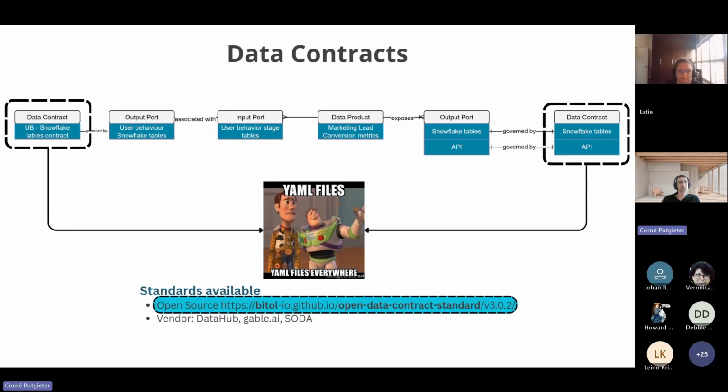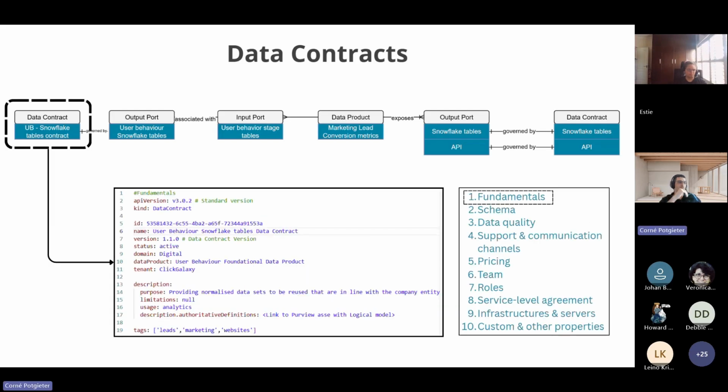I saw recently that Collibra has also now adopted this open data contract standard. I think it's still in private preview, but they are looking at using it. So for me, that's good news. If there's one standard you can work towards, then you can build tools on top of that standard, and there's a lot of reuse in the market. So this is a little bit of an example of what the standard looks like.